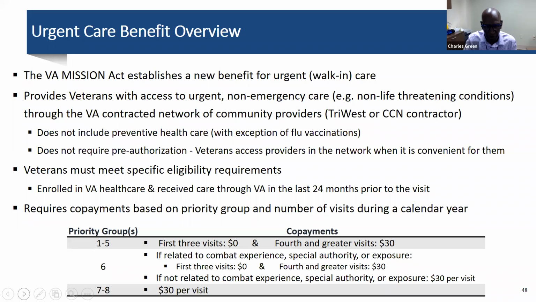I'm gonna skip to priority group 6, because the other priority groups are basically for aid and attendant, housebound, but priority group 6 is what you kind of need to know about. So if you're a Vietnam veteran and you had boots on the ground in Vietnam, you could always get into priority group 6. When they do your eligibility, if you're not service connected,